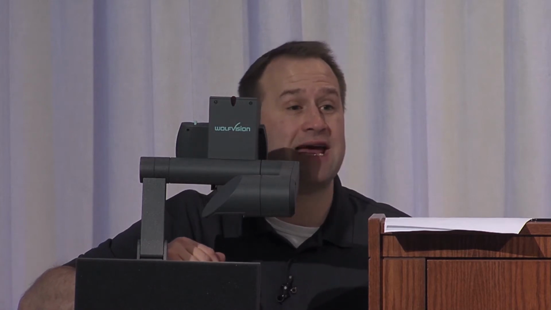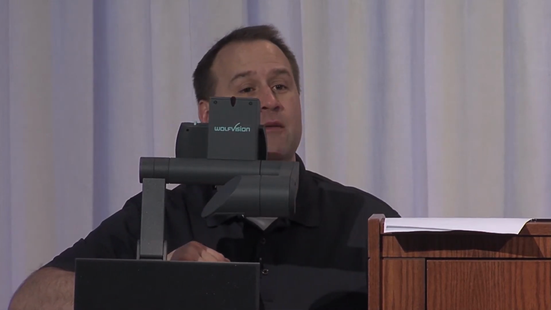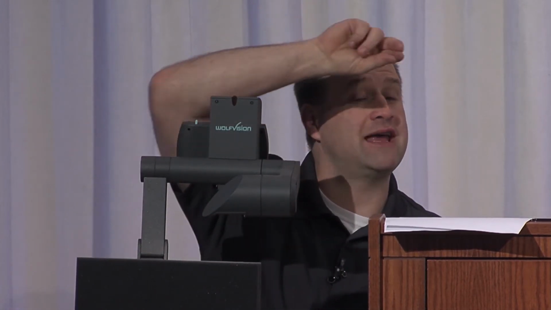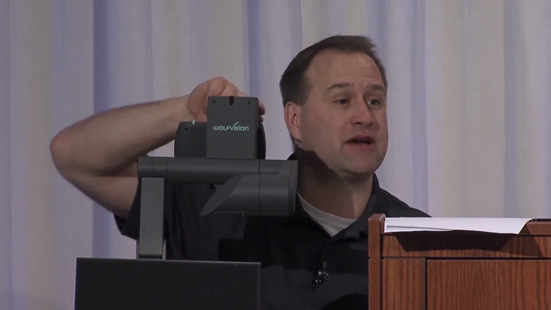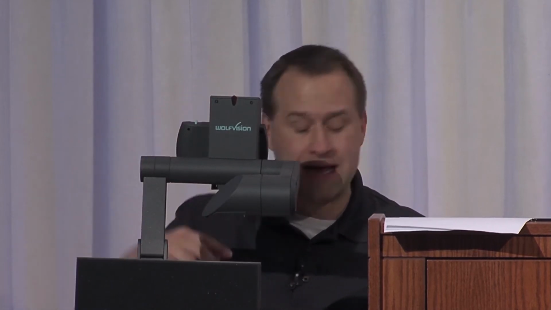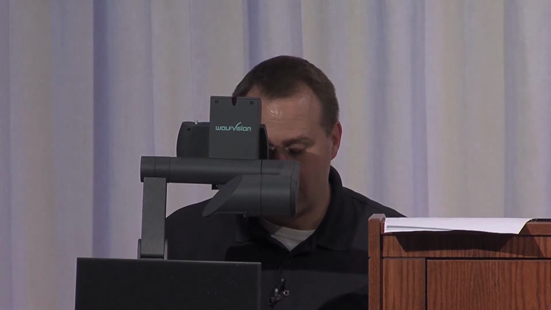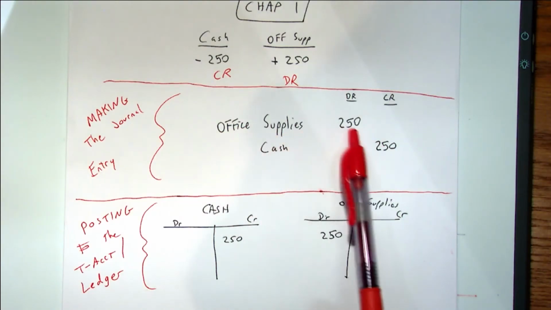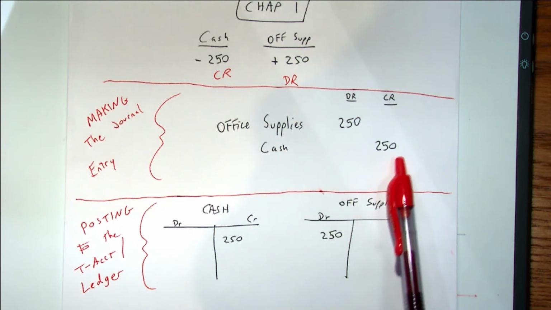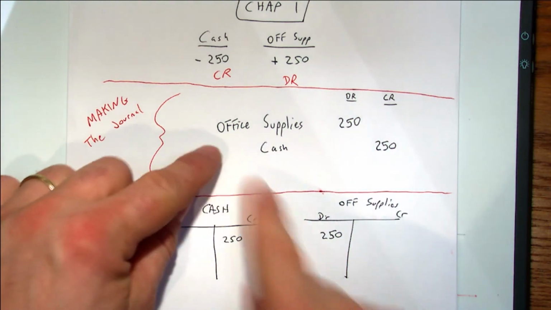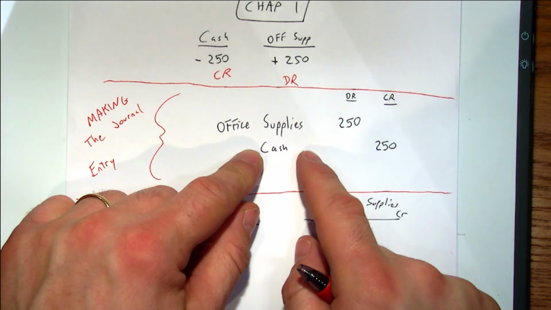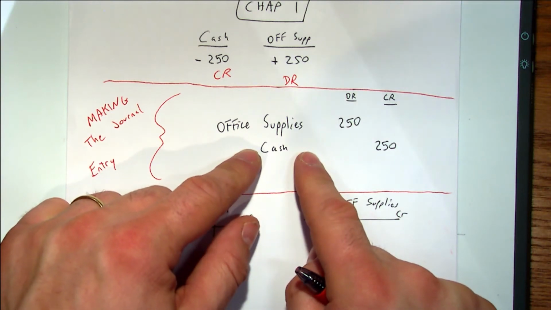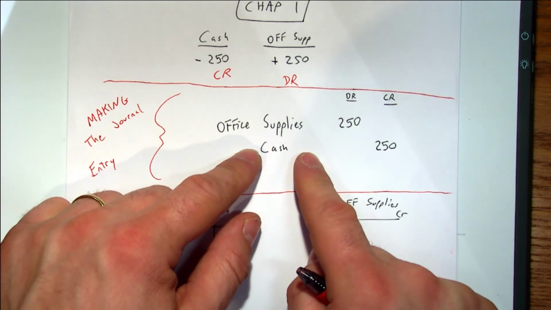So that's a great question. But you list the accounts in each journal entry, the account or accounts being debited first, and then the accounts being credited. Okay? Now, notice here, this is the way I want you to do journal entries. Accounts being debited first, accounts being credited next. And did you see how I indented the accounts being credited? That's the way I want you to do this.